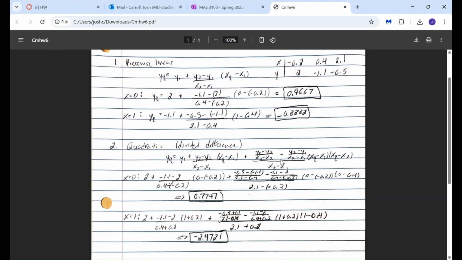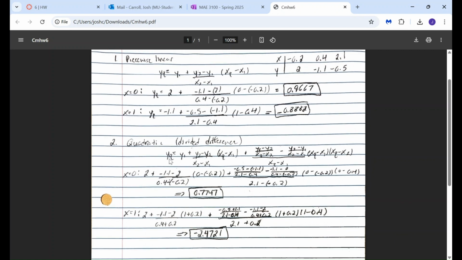Next problem, same data set, except we're using divided difference, which requires 3 points, which is good because we have 3 points. So what I did is I just chose these are the 1s, these are the 2s, and these are the 3s for both sets, just to keep some continuity. Different formula though, so y query equals y1 plus y2 minus y1 over x2 minus x1 times x query minus x1, which you may notice is the same as this formula up here,